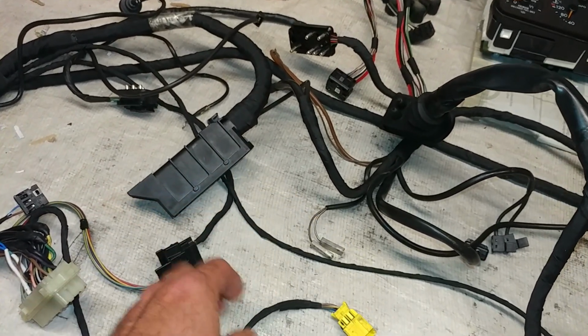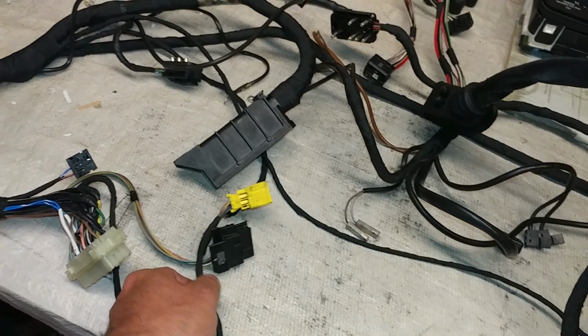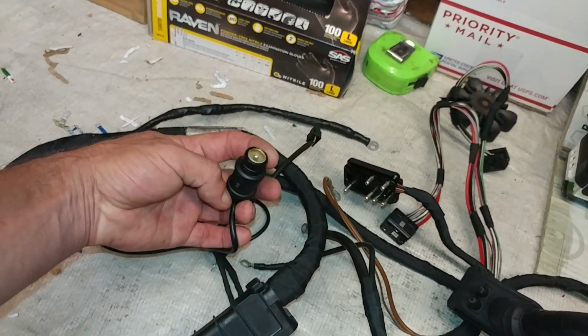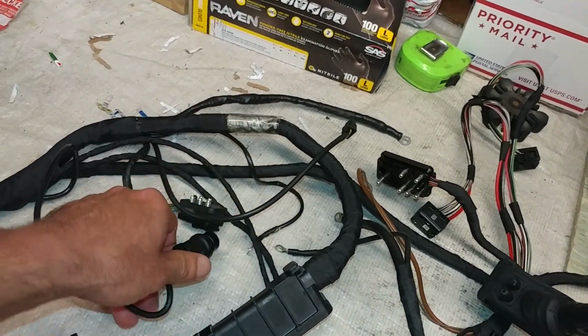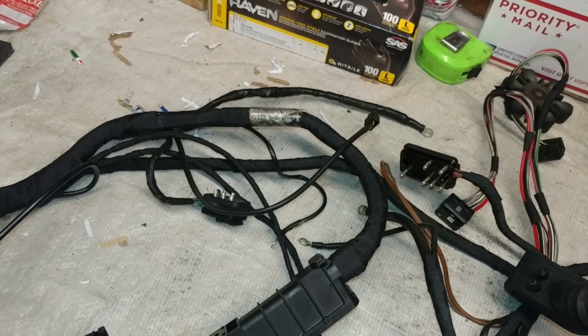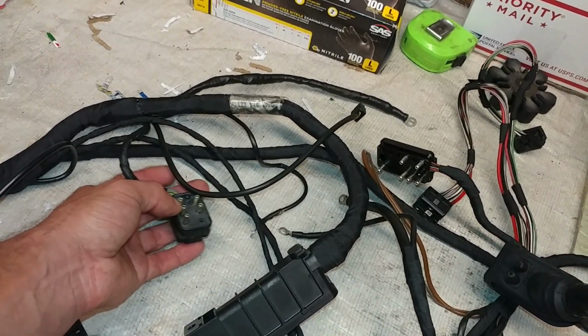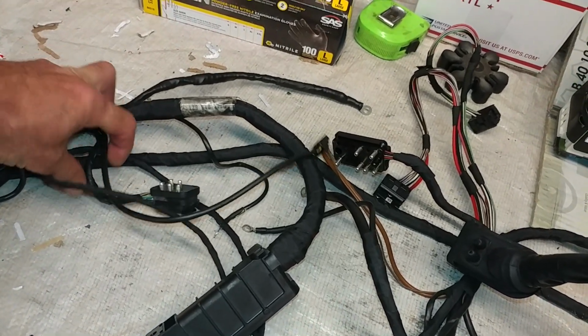There's another connector, two connectors, three connectors. These are the ones that are connected in the computer box area. I believe this is a camshaft or crankshaft sensor, one or the other. Again, this is the old school wire, so these don't go bad on this harness. Another kind of junction box. This is probably found in the area of